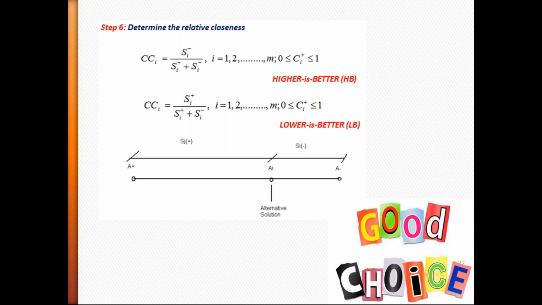By definition, an alternative which is closest to the ideal solution, that means furthest from the anti-ideal solution, is to be selected. Now, following this line diagram, which alternative is to be selected? When Ai is closest to the ideal solution, that means when the Ai point, I mean